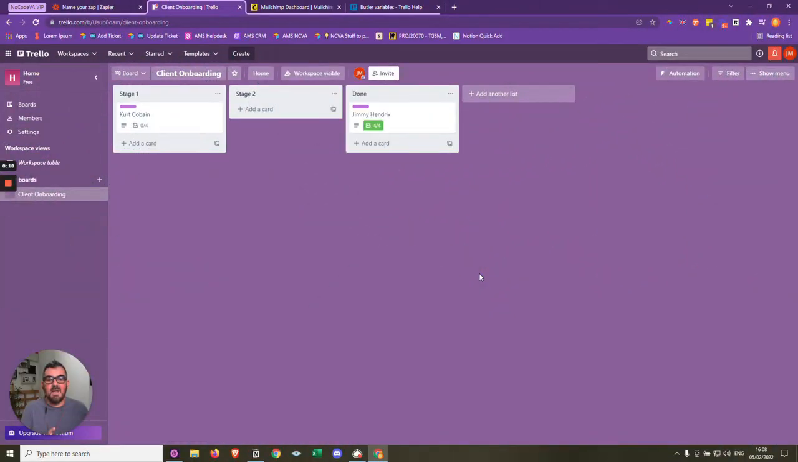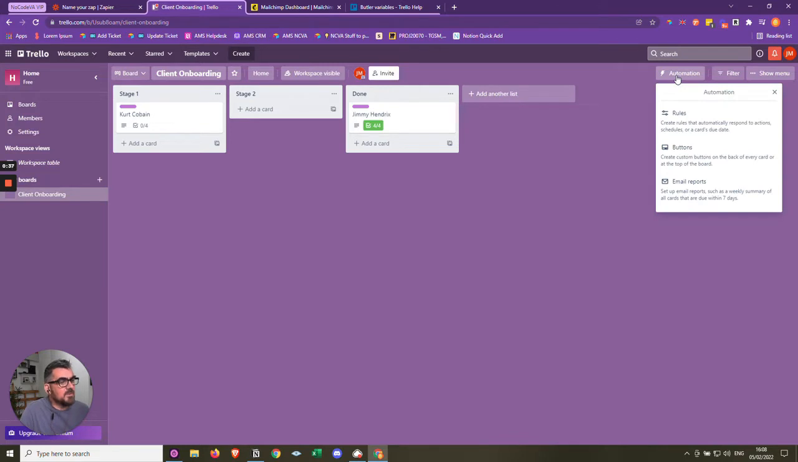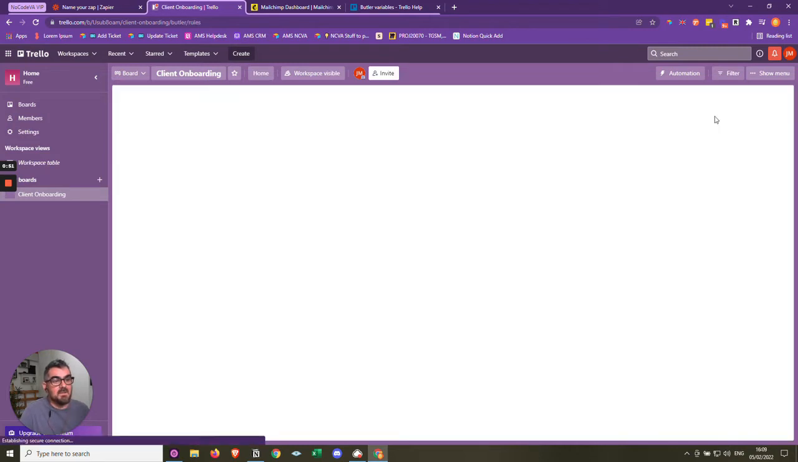Okay, so we've looked at how we can set up the list and the cards and things, and now we need to set up the automation. So Trello has its own inbuilt automations, and we're going to create an automation that's going to send that information out to Zapier. So let's have a look at how we can do that. So top right here, we click on automations. This used to be called Butler. I'm not sure if it still is, but maybe they've got rid of the name Butler. So we click on rules here because we want to create a rule, and what we want to do is create a rule when a card is moved to the done list. Okay, so let's click on rules here,